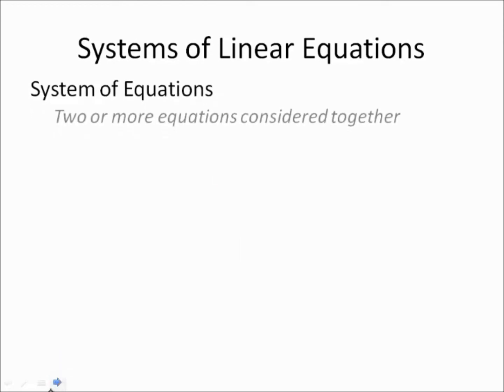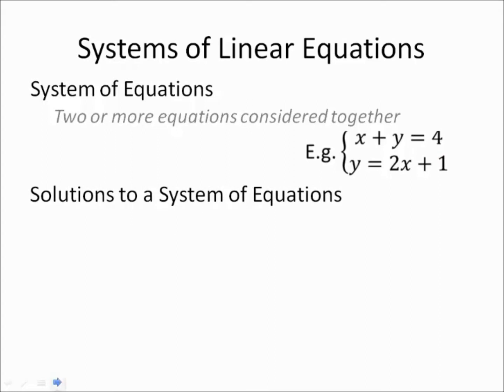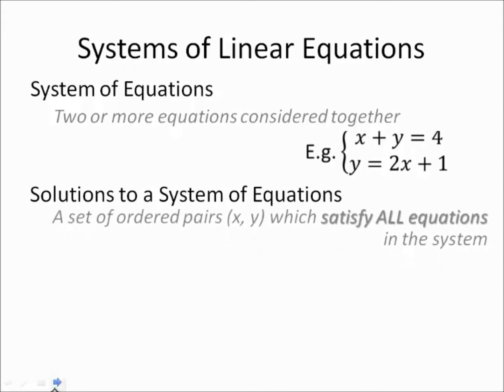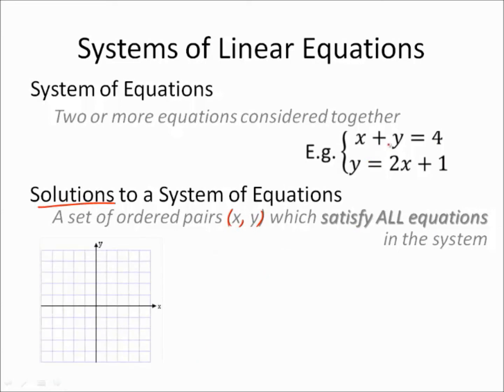A system of equations is two or more equations considered together. So here's an example: x plus y equals 4 and y equals 2x plus 1. How do we find a solution? Well, a solution is an ordered pair which will satisfy all the equations in the system. So for our example here, x plus y equals 4, we could take a look at all of the possible answers to that to be graphed by